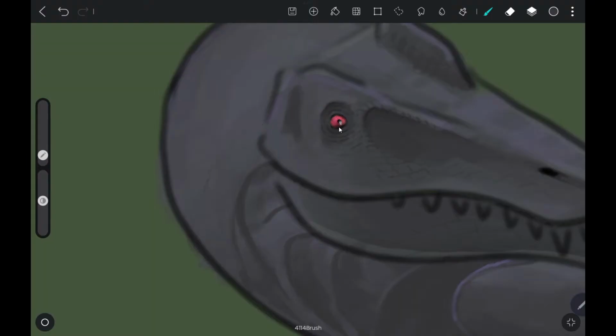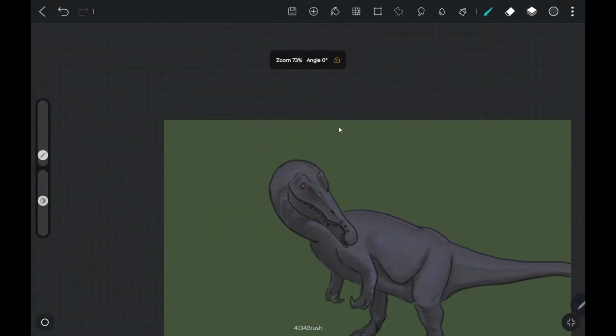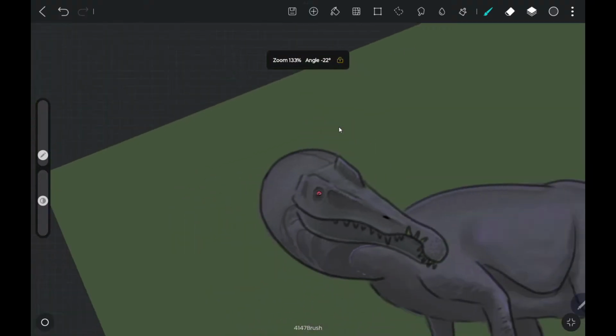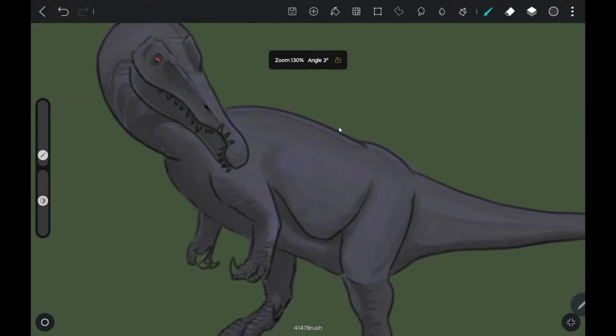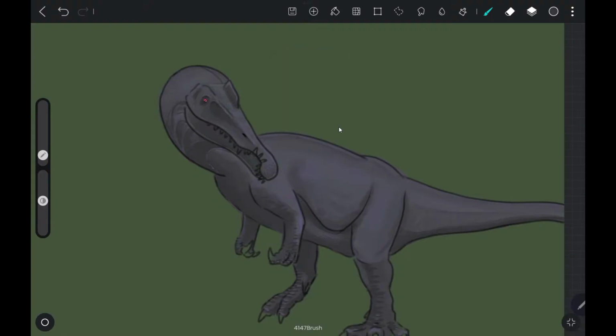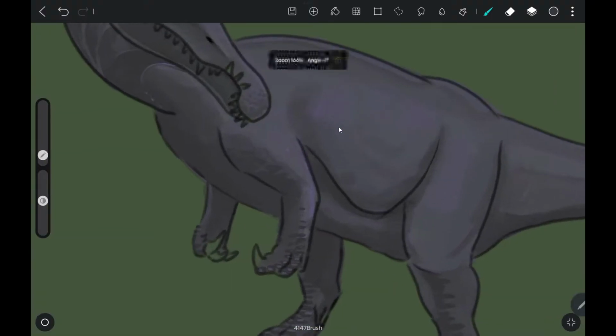Not too many. I would say that's good enough. All right, let's get the colors for the